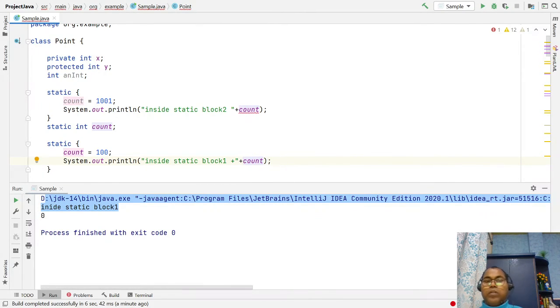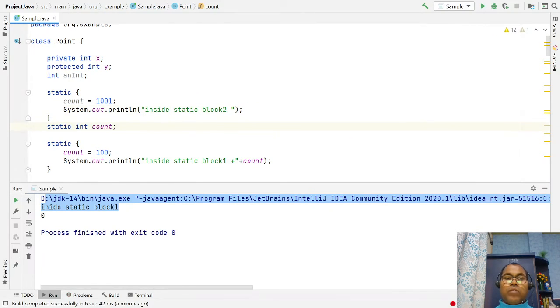So here you are looking at this count variable is not used because they are going to use it before the declaration. So here you cannot use the count variable because it is declared but not initialized.